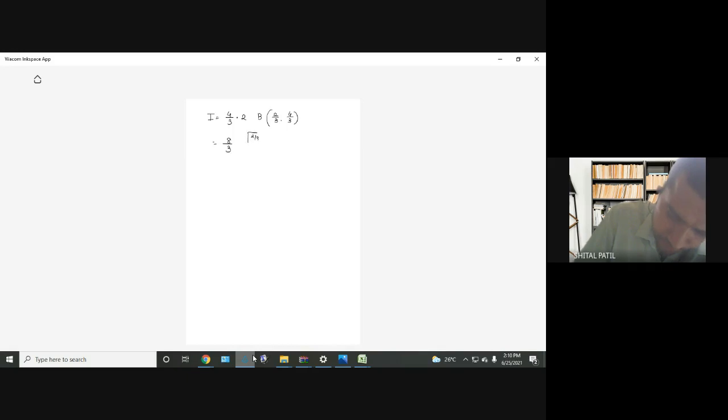Gamma 2 by 3, gamma 4 by 3, gamma 2. Gamma 2 by 3 cannot be simplified. Gamma 4 by 3 is 1 by 3 into gamma 1 by 3. And this is 1 factorial. Now this is equal to